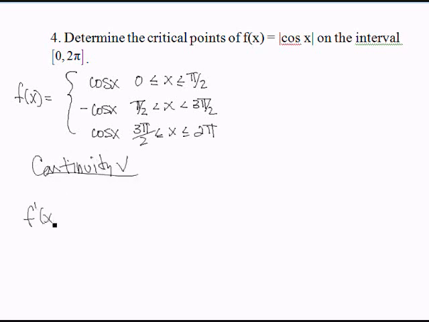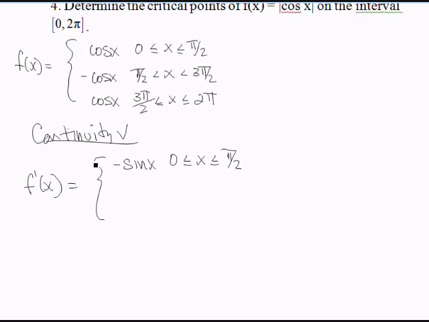So clearly there's continuity. You always want to check continuity when you're talking about a piecewise function. So we just want to look at differentiability at the endpoints of each piecewise piece, and then to see if there's any times in which the derivative is equal to 0. So my derivative is going to be equal to negative sine of x from 0 to pi over 2. Derivative of the next piece would be negative of negative sine, so that would be sine of x between pi over 2 and 3 pi over 2. And the last one would be negative sine of x between 3 pi over 2